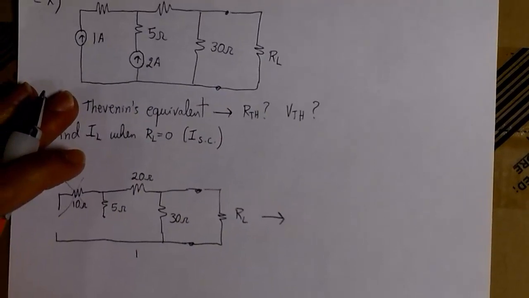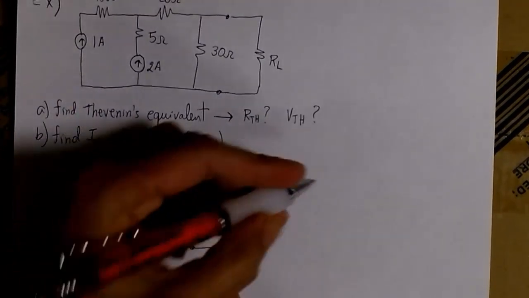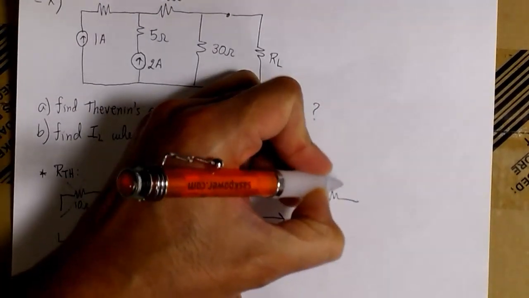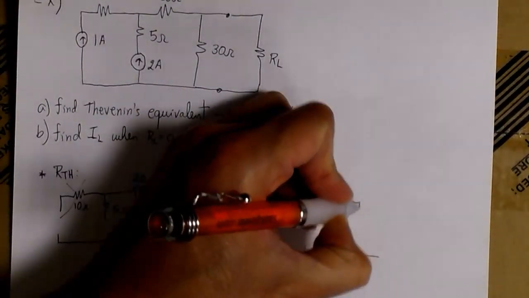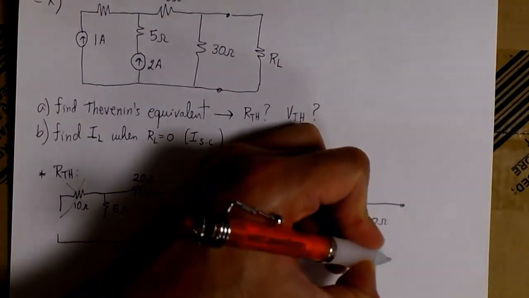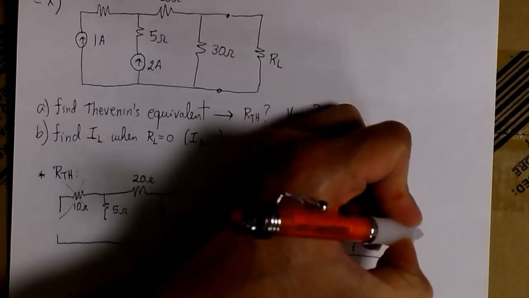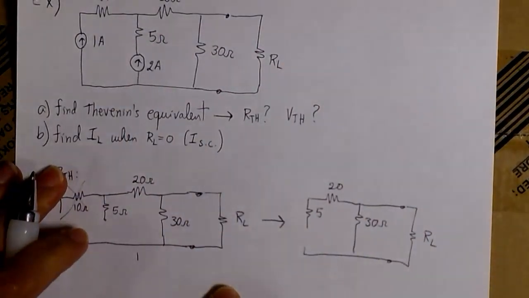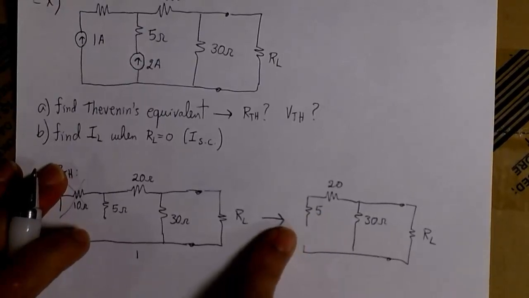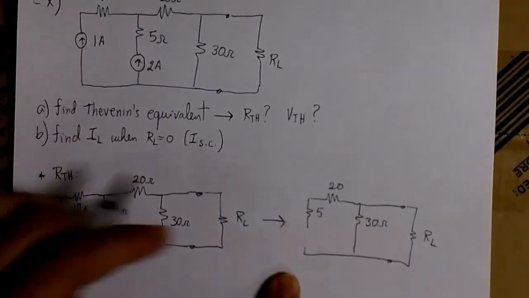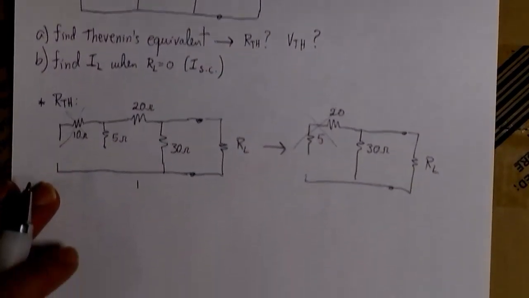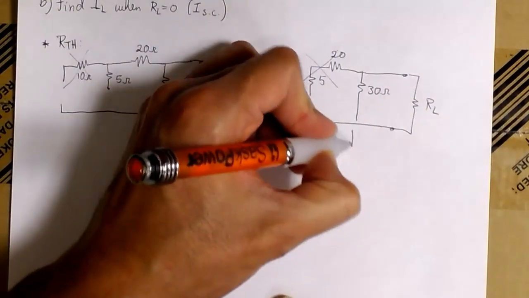And we end up with a circuit like this with 5 ohms here, 20, here we have the open circuit, then here we have 30, and here we have the load. Now we have a similar situation here because 20 and 5, they're in series. We can combine them, but again we have an open circuit here, so this whole thing is disconnected from the circuit. We can just remove it, and we end up with